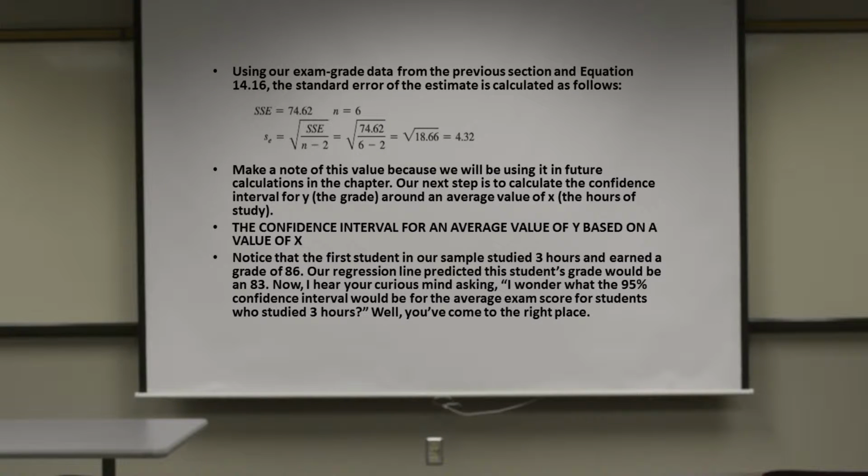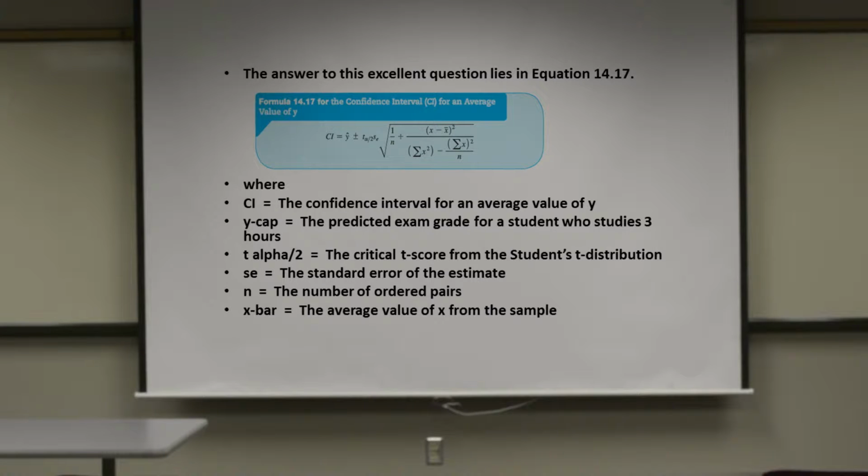Now, I hear your curious mind asking, I wonder what the 95% confidence interval would be for the average exam score for students who studied 3 hours. Well, you've come to the right place. The answer to this excellent question lies in equation 14.17, where